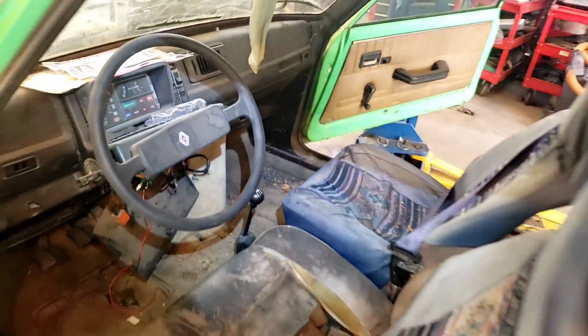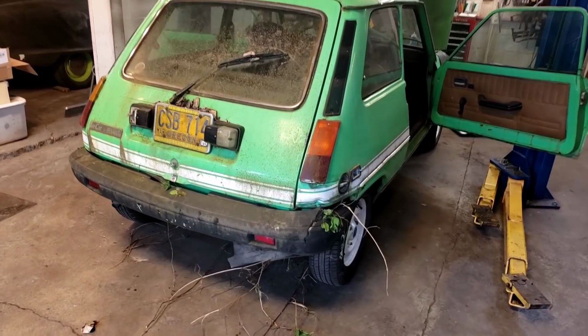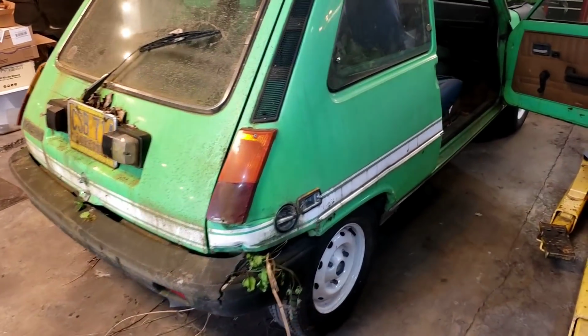300? How is that possible? 300 PSI, that's not possible. There's something wrong. Okay, so to recap, last week we drug our Renault R5 Le Car out of the bushes